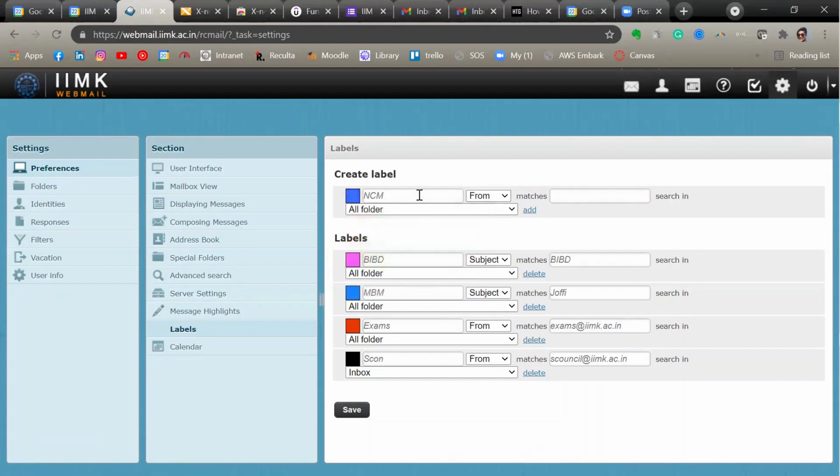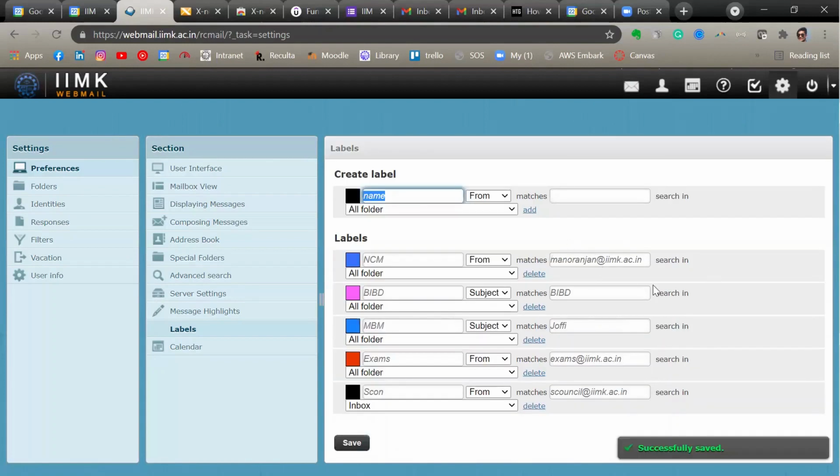So what is the rule that I'm applying here? The email should come from a particular faculty. Let's say the faculty name is Manoranjan, just an example, at imk.ac.in. And then save. So every email that has come from Manoranjan sir will be labeled as NCM.